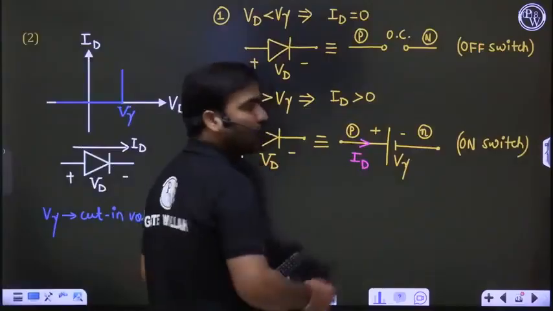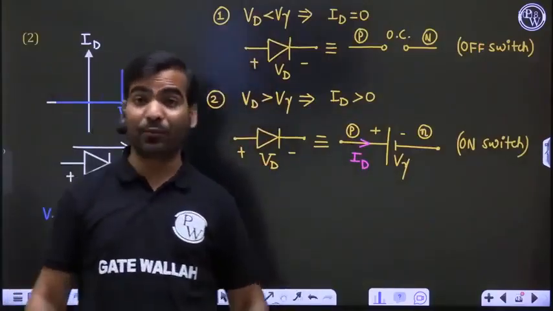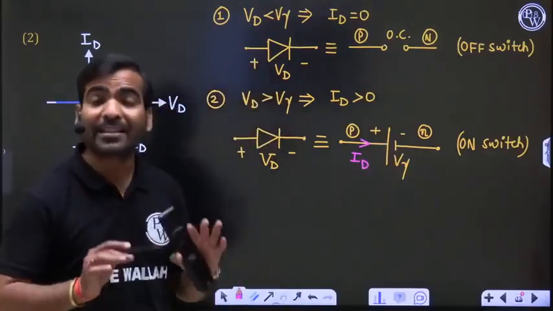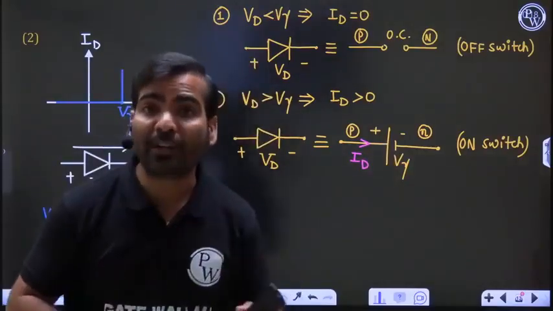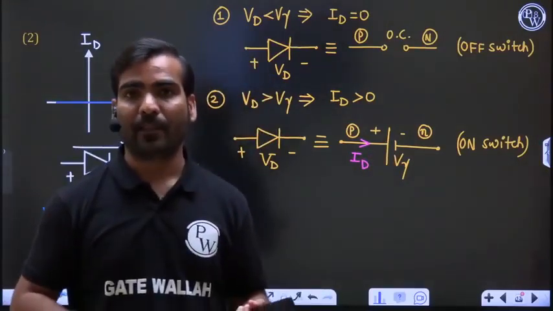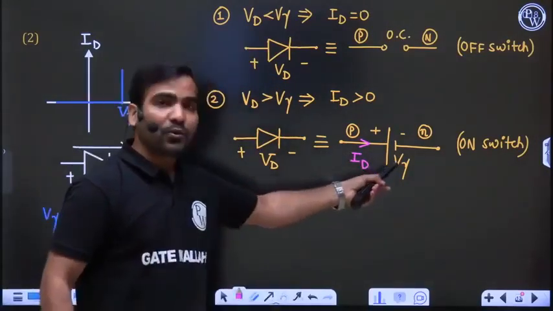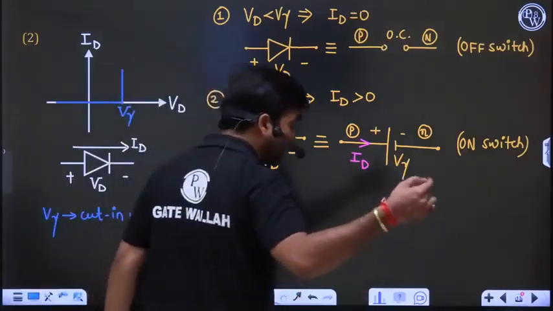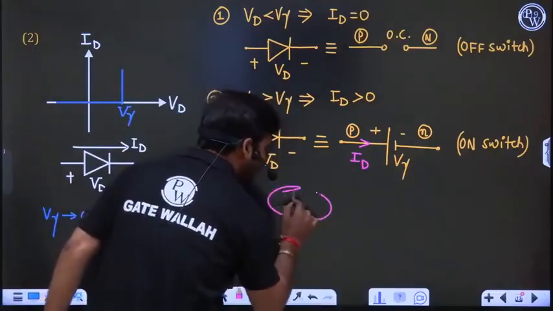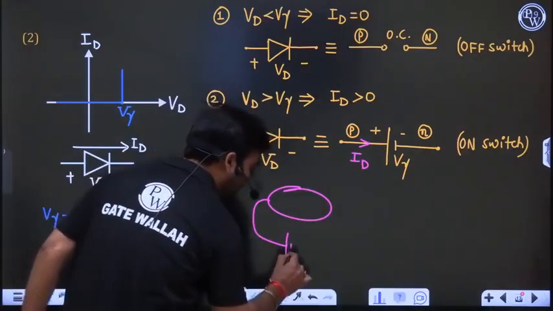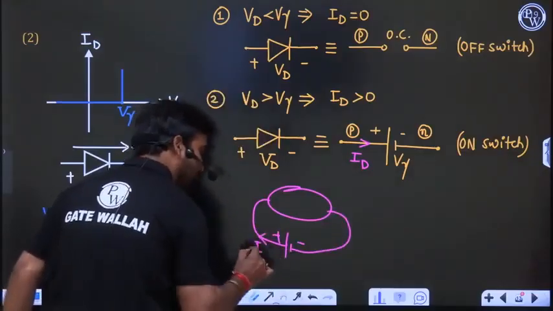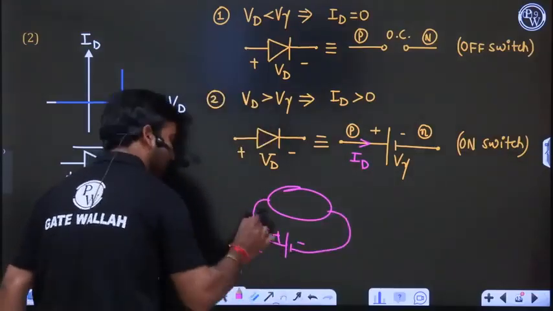Oh, he is confused. So this battery is supplying current. Okay. This is not that battery. This is not your battery. This is the internal battery of the diode. Okay. That is not the external battery. You might be getting confused because you are thinking like that. Suppose some elements are like that. Suppose some battery is like that. Okay. You might be thinking that current should be like that. Right. Current should be like that.